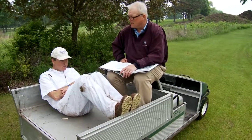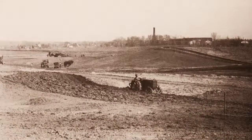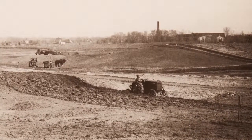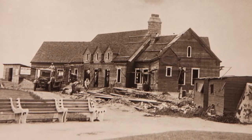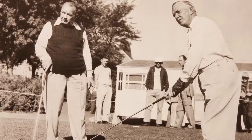Keller Golf Course began in 1929. Actually, the land was purchased in 1928. It was authorized in 1927, but it was the first public golf course that existed east of St. Paul after Phelan, which is just down the road here a little bit. When Herb Keller decided that they needed a golf course here and the project was approved, initially the idea was that they would hire a golf course architect to build the course, but that was going to cost about $10,000, and Keller felt they could save money by giving the job to the Maplewood, to the Ramsey County engineer, Paul